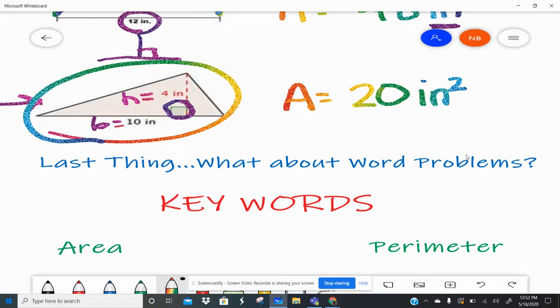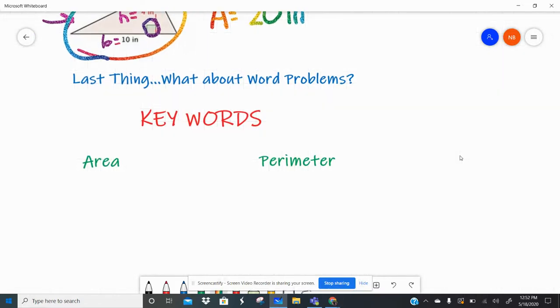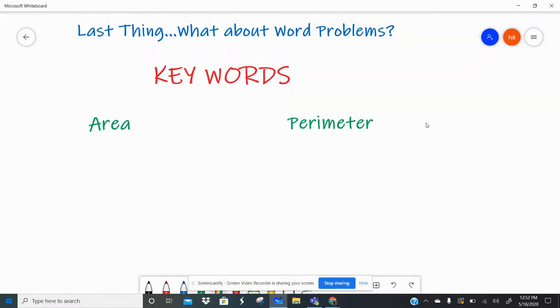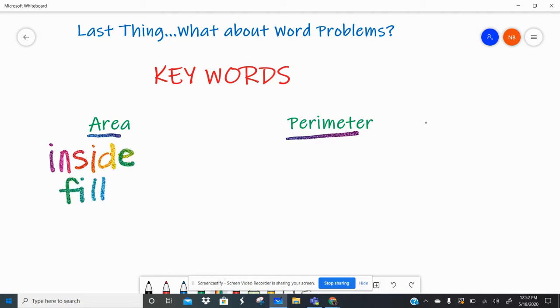So the last thing we're really going to focus on is what if we have word problems, right? We want to identify keywords that mean area or perimeter. A lot of the times, because the formulas are so easy for you guys, they'll give you word problems to solve. So remember, area is the inside of the shape. So if you're doing something on the inside, if you're filling something, if you're covering something,